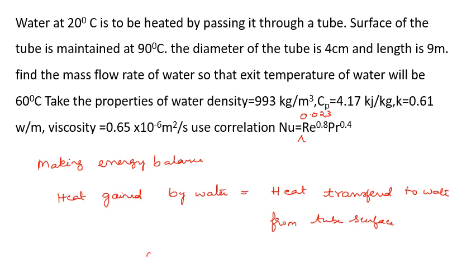So that is Q is equal to mass into specific heat into temperature difference, that is the temperature of the outlet minus the temperature of the inlet. So this can be written as h into surface area, where A is nothing but the surface area, and LMTD, because we are talking about three temperatures which have been given, and it is nothing but the LMTD.